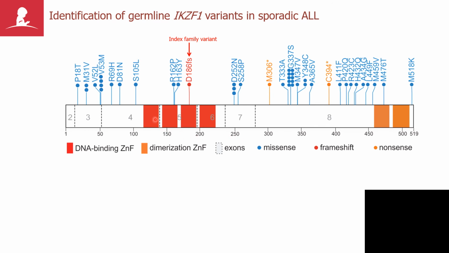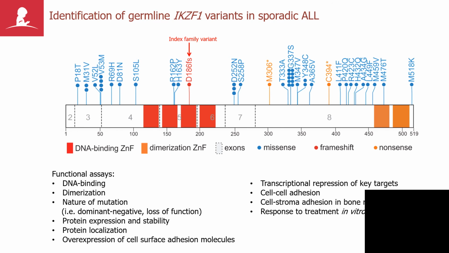Previously, I showed you that somatic mutations are clustered here and here. The germline mutations are different. They're clustered in this region of the gene here, which is of less clearly defined function, as well as in the N-terminus. To understand the nature of these mutations and their functional effect, we used a wide variety of assays that look at simple transcriptional activation, cell localization, as well as some of these more complex phenotypes, such as adhesion and drug sensitivity. Virtually all of them, with rare exception, showed abnormalities in one or more of these assays.